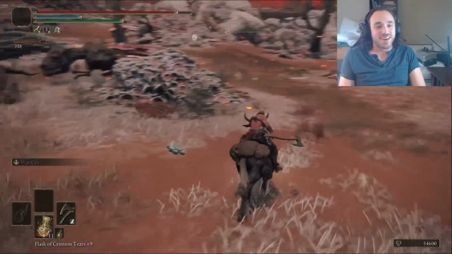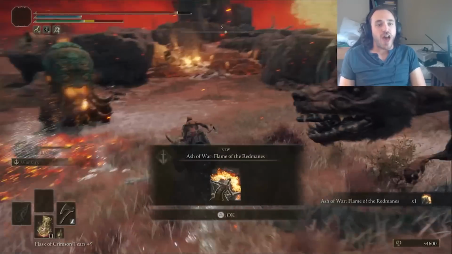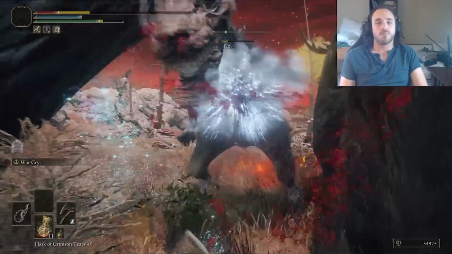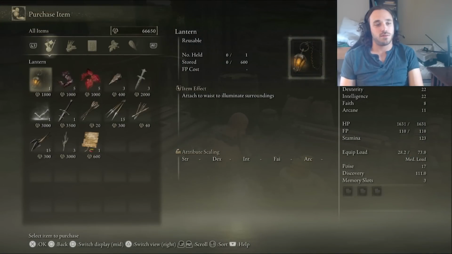I'm grabbing Flame of the Redmanes, not because I actually want to use it, I just need the Chaos Blades to have a bit of Chaos Flame. Shoutouts to Dark Souls 1. The dog won't let us leave, so we have to doesthedogdie.com it. It does. We can double up the Flame of the Redmanes with a Lost Ash of War from the Weeping